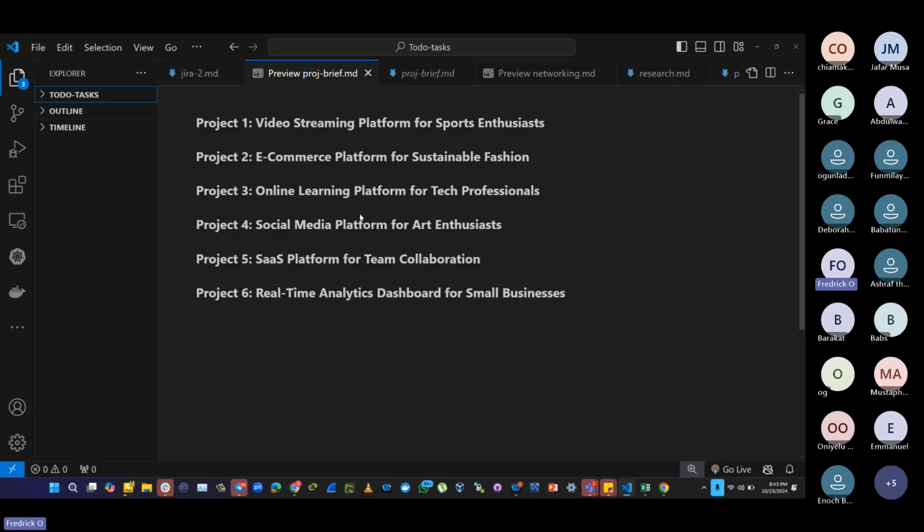Okay, so the idea is these are suggested topics. Now, project 1, 2, 3, 4, 5, 6. We don't want much detail from any one of you, because not everybody here is a developer. I might try and get the code for you all, like a code sample.